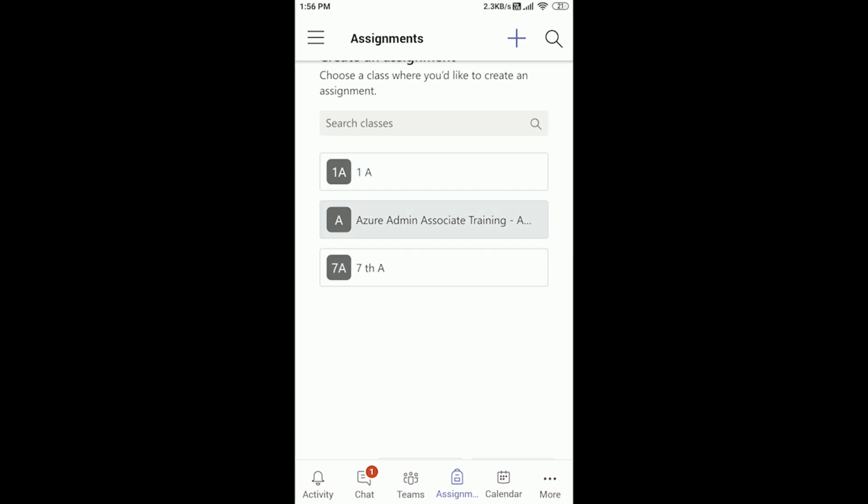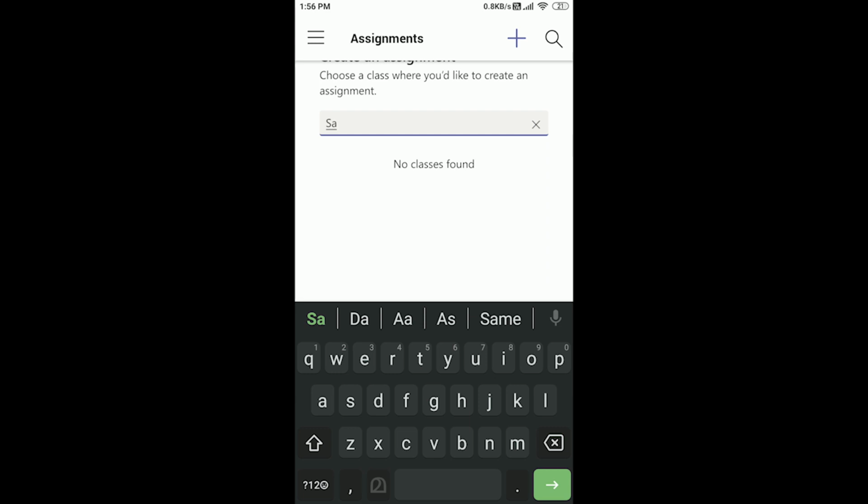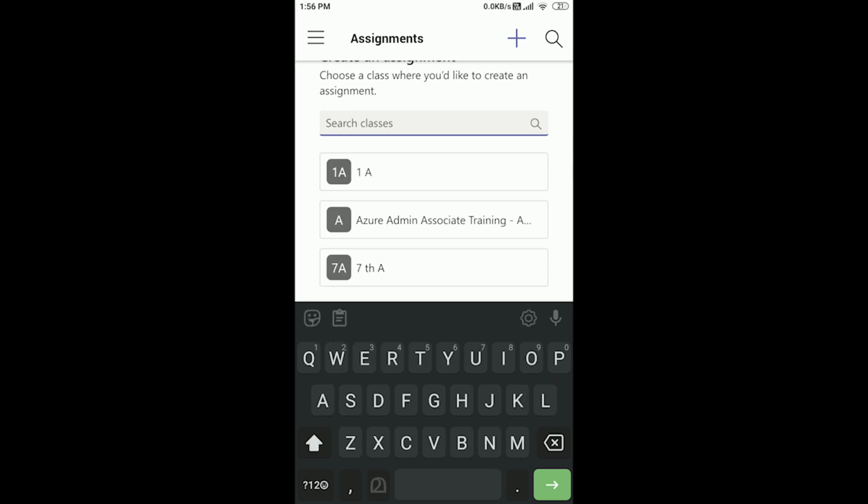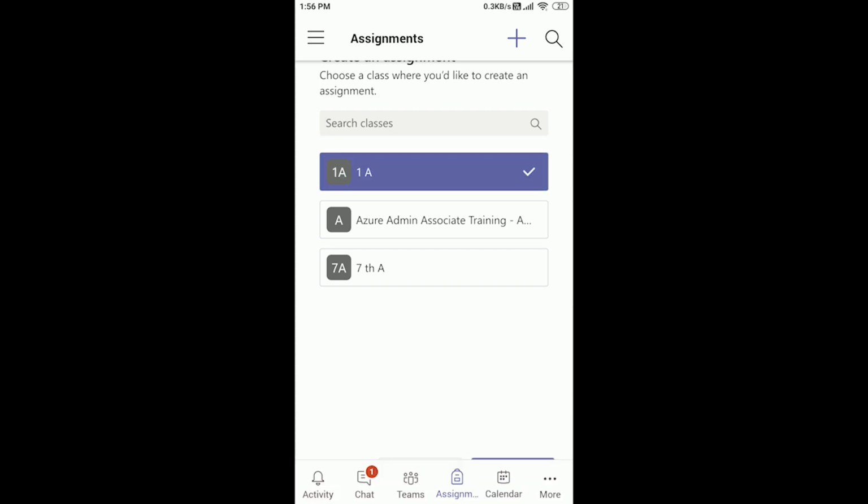Just one second. It will take time to set the sales team to attach to the assignment, so that's why it's not shown there. So I'm just taking a one-night class, and I will show you how to assign an assignment.